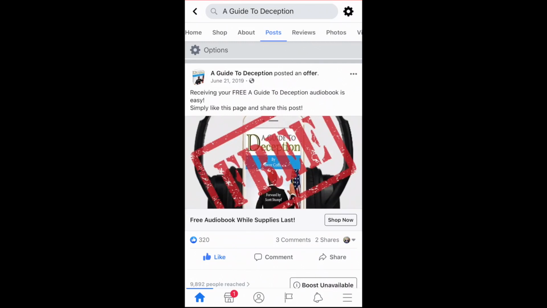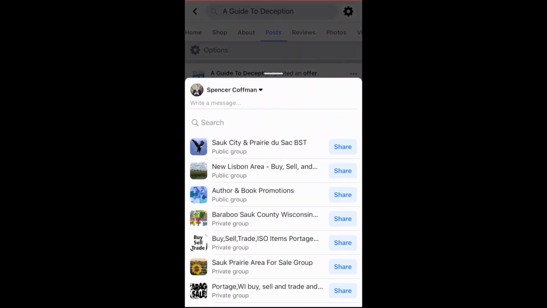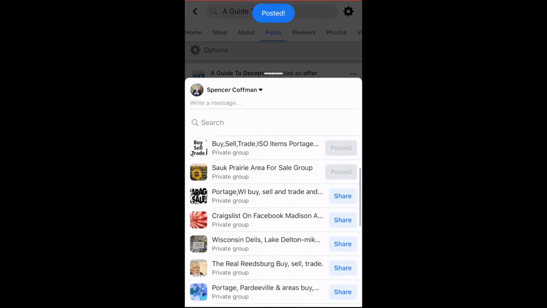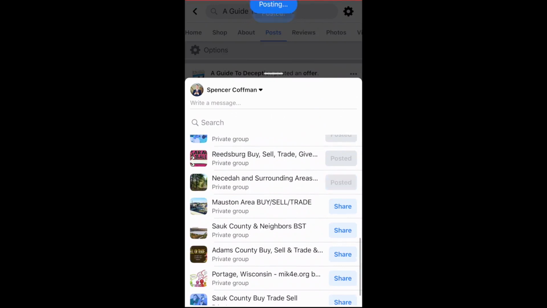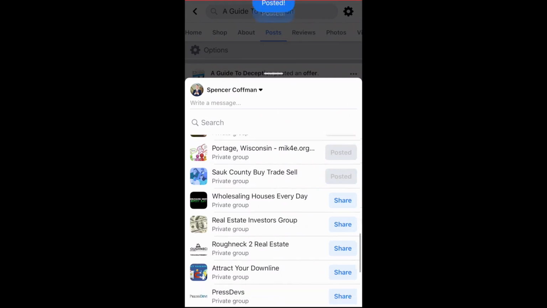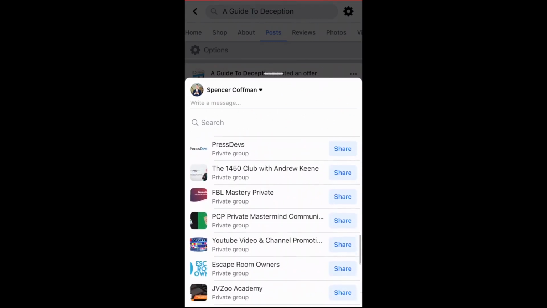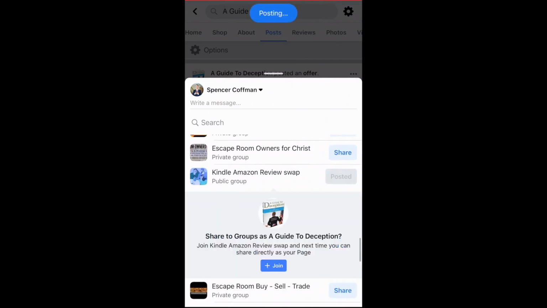So here we go. You can see I can click share. Then this thing pops up that says, what do I want to do? So I'm going to touch share to a group. And there we go, that comes up. Now I can just click all of these buttons one after another: share, share, post. And you can see as I'm doing this that up above I am able to share this to multiple different Facebook groups. You can see I'm getting the results. It's saying posted, posted, posted, and they keep coming. So that is wonderful, and this is a great way that I can share this to multiple Facebook groups.